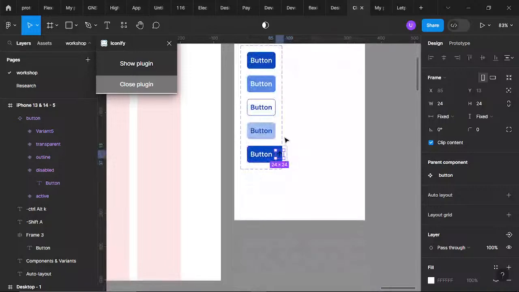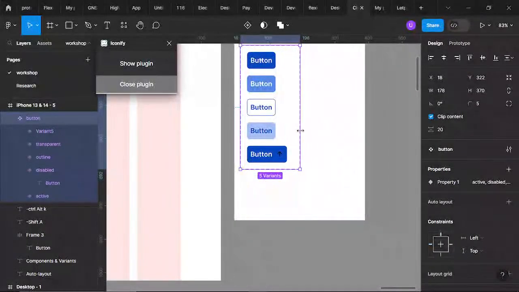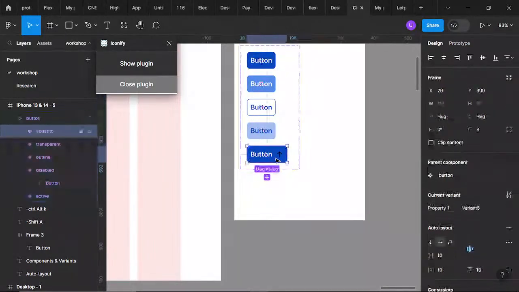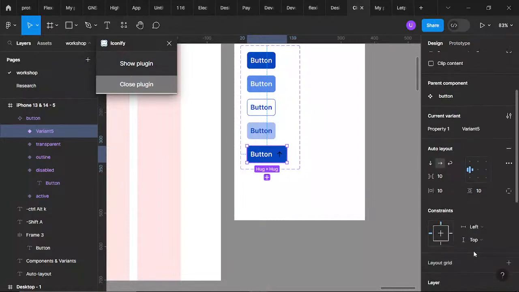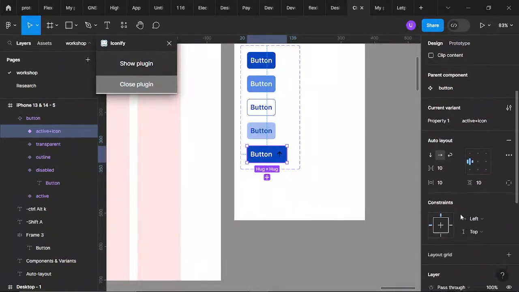Okay, let me extend this so that you can see it better. Now inside of it, you can see the auto layout properties, we've talked about that, and you can see it is variant 5. So let me just say active plus icon, something like that, just to make it understandable.